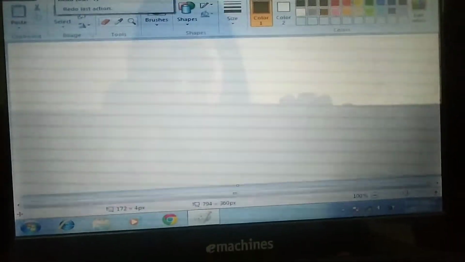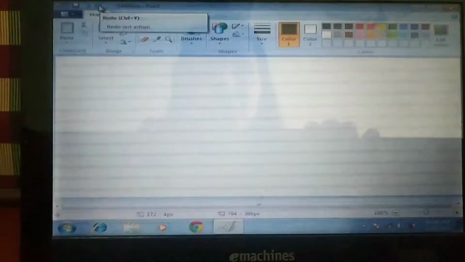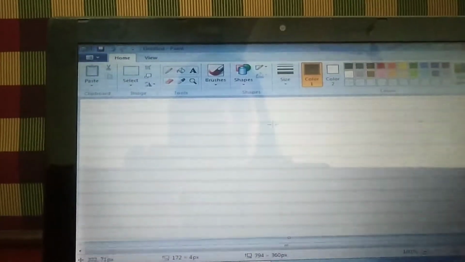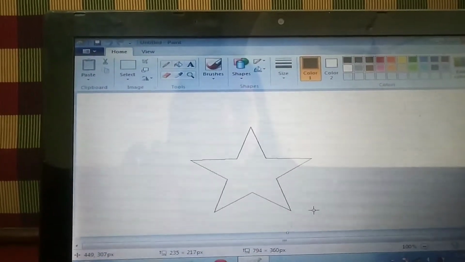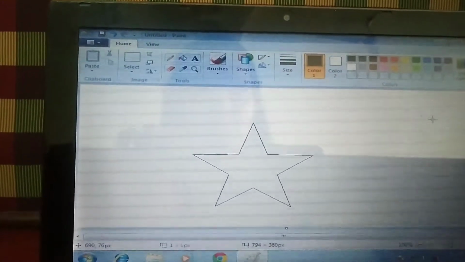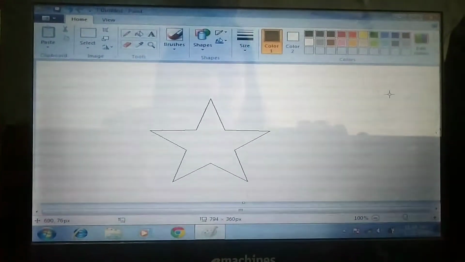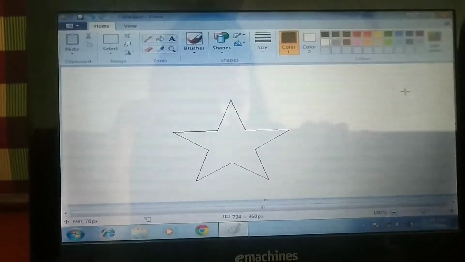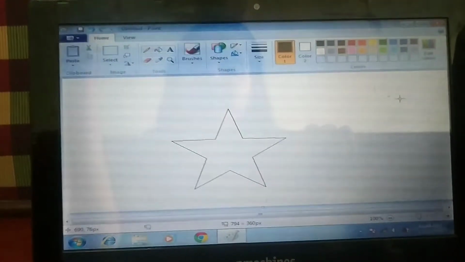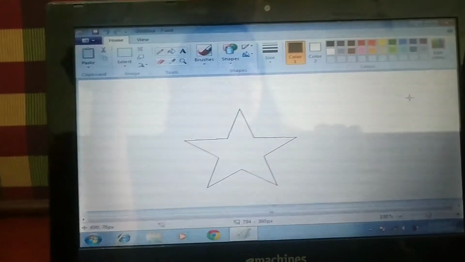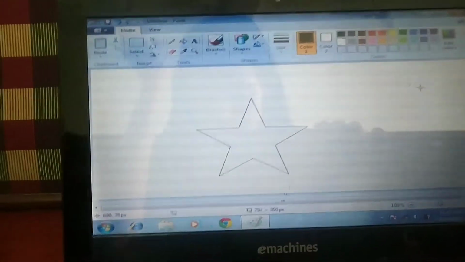Okay? Now if you want to save something, you can always save the pictures that you draw in Paint. And it is good to save the pictures, right? If you save the pictures, you can always see them later when you want. So how can we save any picture? Suppose I am drawing a star. Here I've drawn a star. Now I want to save it. What will happen if I save it? If I save it, then if I want to see it later, I can see it later too. Let's see how I can save it.